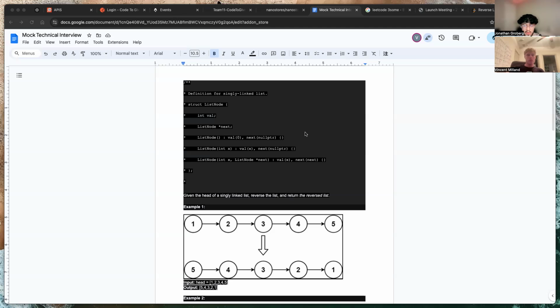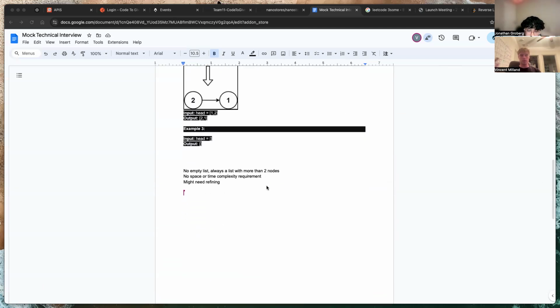So here's my idea. We have the list node structure here. I would create a function that returns a list node pointer, and it takes in a list node pointer called head for the input, and then I would initialize a previous and current pointer. Do you think you could write that in comments? Yes,